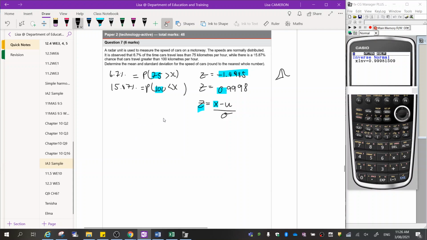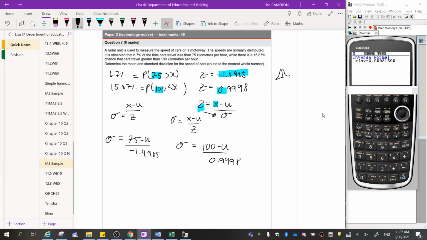Now, because I've got that in two different equations, I know I'm solving simultaneously. So I'm going to straight away rearrange this. So it's going to be standard deviation is equal to score minus the mean over z. And I'm going to do this for both pieces of information. Okay, so for the first one, 75 minus the mean over negative 1.4985. That's going to give me my deviation. This one over here, the deviation is going to be equal to 100 minus the mean over